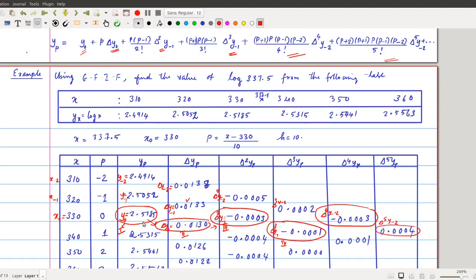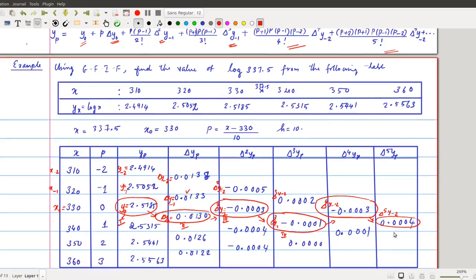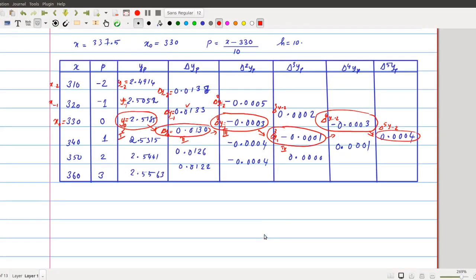So first we take y naught for the first term, second term we have delta y naught, third term we have delta square y minus 1, and the fourth term we have this. For the fifth term we will take this term, and the sixth, the last term, we will collect this. Using these values we will evaluate the y of yp,